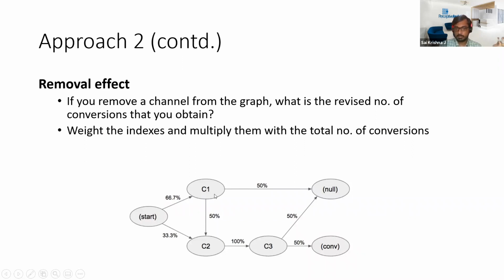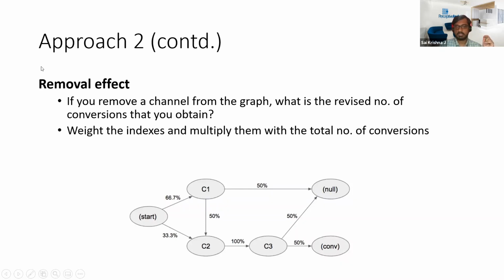Right? So the probability of going from C1 to C2, that is a probability of going from a Facebook ad to a Google ad, would be 50%. Probability of going from C2 to C3, so that is from Google ad to talking to a sales representative, is 100%. So this particular model models the probability of going from one stage of the sales cycle to another, and finally it estimates the probability of conversion.